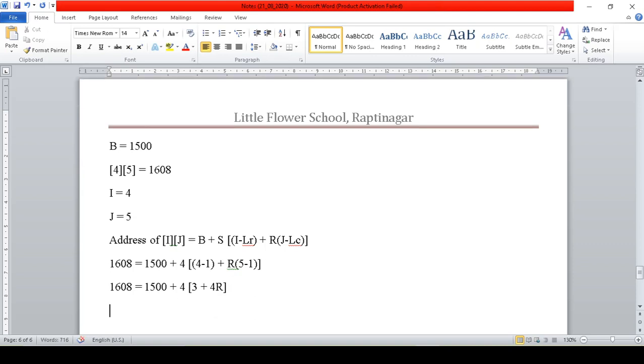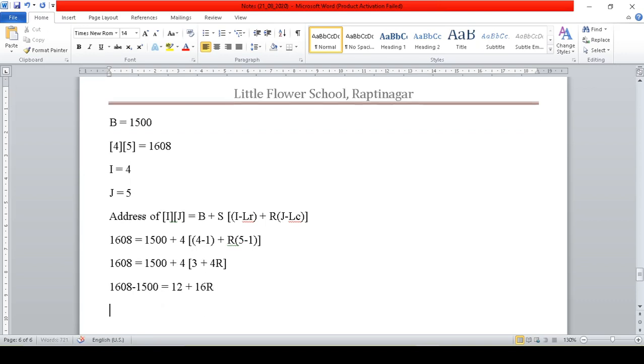So 1500 we can take to this side, so that will become 1608 minus 1500 is equal to 4 times 3 is 12 plus 4 times 4r is 16r. If we subtract, it's going to come as 108 is equal to 12 plus 16r.